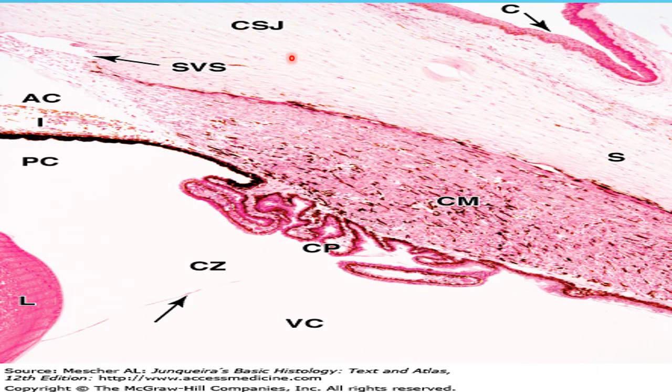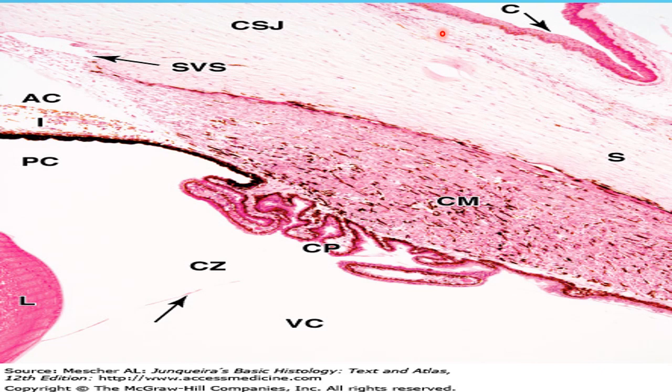Here again is the H&E stained slide, in which you can see the area of the lens, and now the iris. This is the anterior chamber, and at this junction you can see the endothelium-lined scleral venous sinus, which is also known as the canal of Schlemm. This is the corneoscleral junction, and the fibrous tissue of the cornea continues posteriorly as the dense connective tissue of the sclera, again the fibrous tissue made of bundles of collagen fibers.